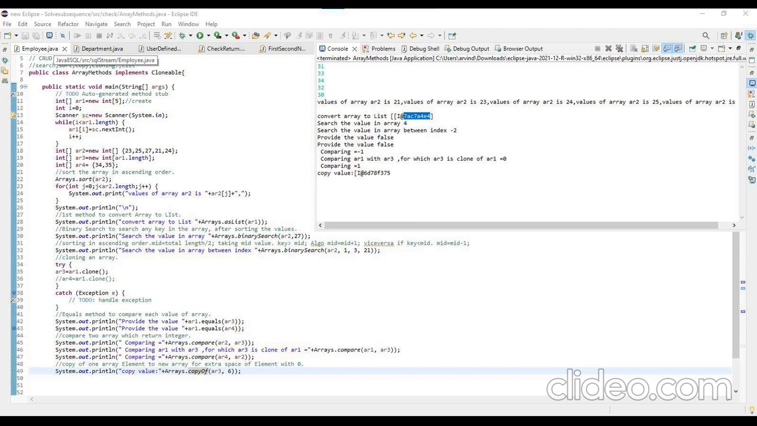like convert an array to a list, what we'll do is Arrays.asList. This command is used to make the conversion from this particular AR1 to a list type. Again, this command is used like binarySearch, to search any specific value in this particular array and find the position of it, like this is the key. If I show you the binary search for search operations,